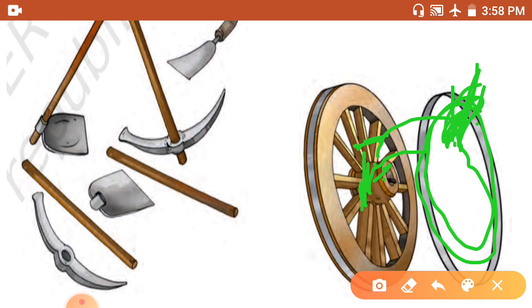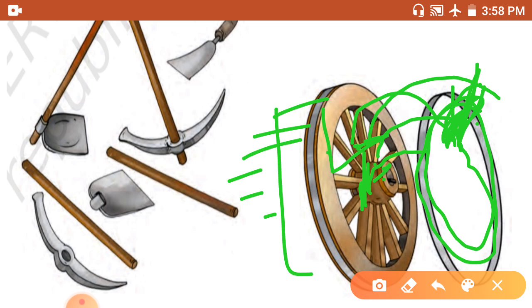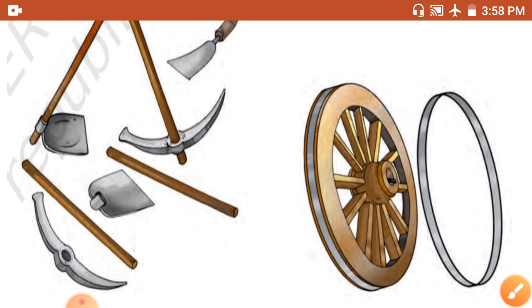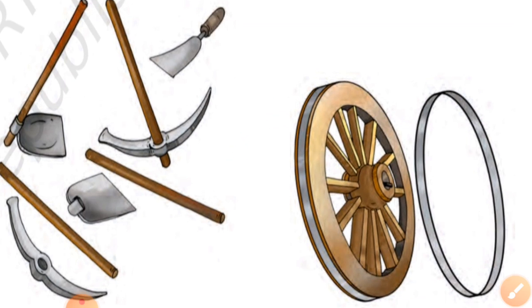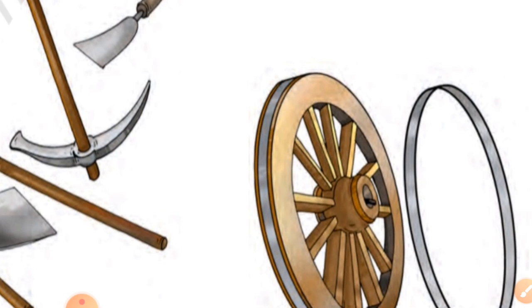This hot rim is then put on the wooden wheel, and cooled by pouring water over it. On cooling, the iron rim contracts and holds the wheel firmly. Okay, so in this way we can fix the iron ring to the wooden wheel.